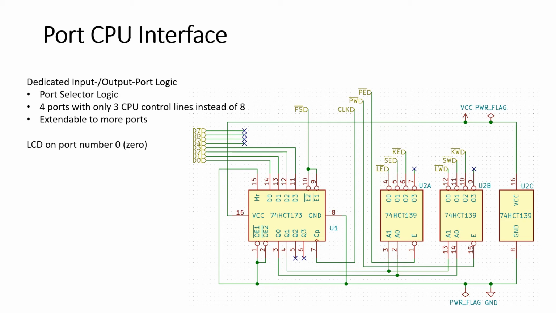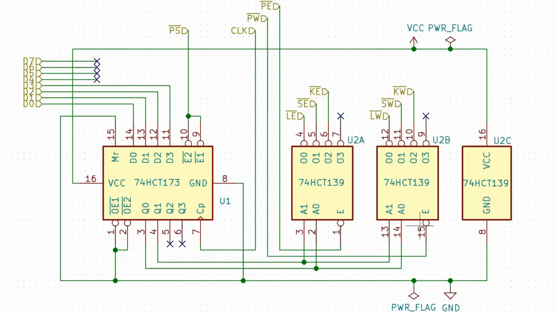Actually, the LCD is on port number 0. The other ports are for the SPI bus and the keyboard. The port selector logic consists of 2 chips, whereas the first one is this 173 register chip. That chip latches an active port number from the data bus when the port select control line is active, and